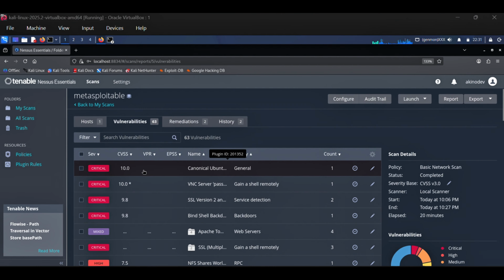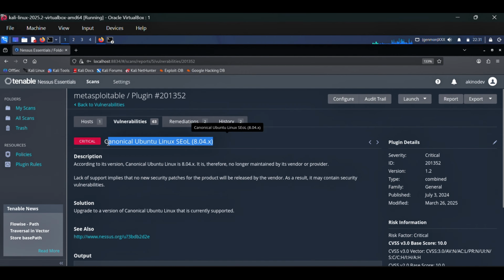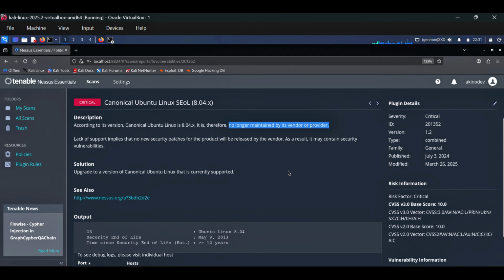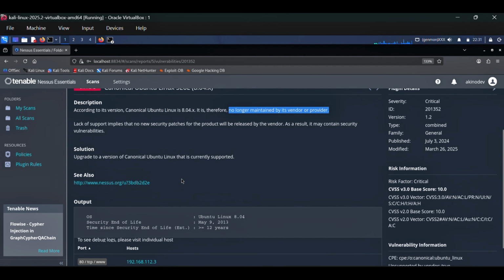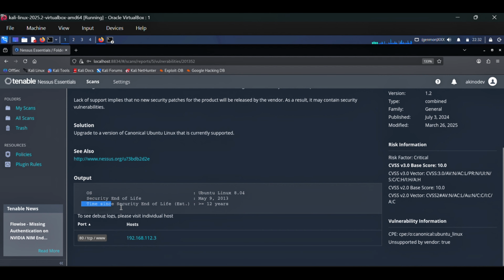Now let's try to examine each of the vulnerabilities. We can click on this, and inside you can see the title, which is more like the name, and you can see the description. Here we have, according to its version, Canonical Ubuntu Linux 8.0.4.x is therefore no longer maintained by its vendor or provider, which means that there are no longer patches for that. And the solution is that we should upgrade to a version of Canonical Ubuntu Linux that is currently supported. The time since security end of life is about 12 years ago because the security end of life was 2013,